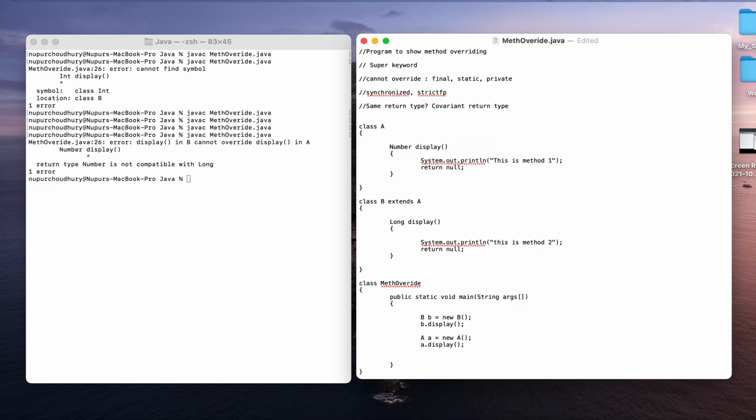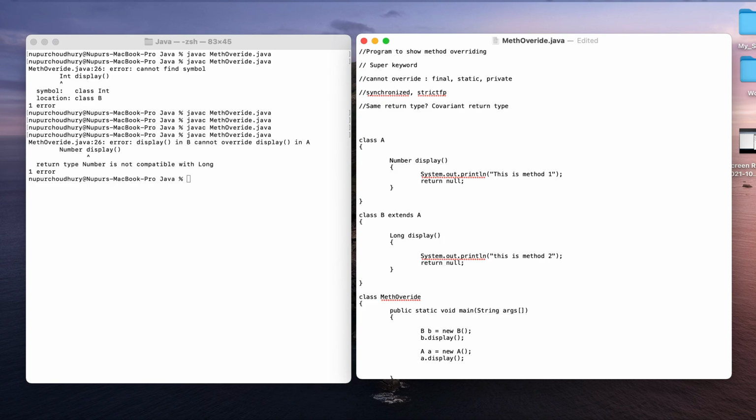Okay, now let us look into another concept which is related to overriding, and that is access modifiers. We already know that there are four different types of them: public, private, protected, and default.